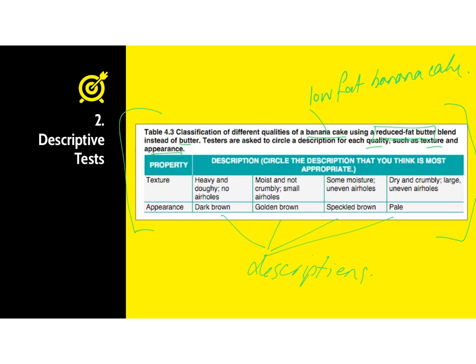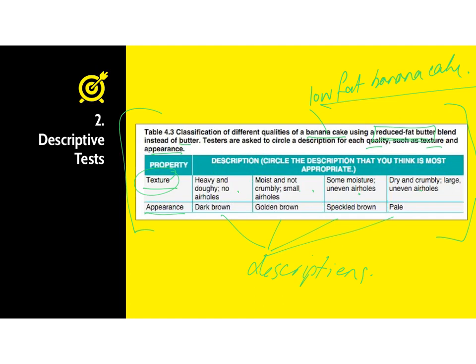Now, this descriptive test is assessing two sensory properties. The first one is texture and the second one is appearance. Now, as the person is eating the sample of low-fat banana cake, they would assess the texture by circling one of these four options. So they might say it's heavy and it's doughy and it doesn't have air holes. It might be moist and not crumbly with small air holes. It might have some moisture but uneven air holes, or it might be really dry and crumbly with large uneven